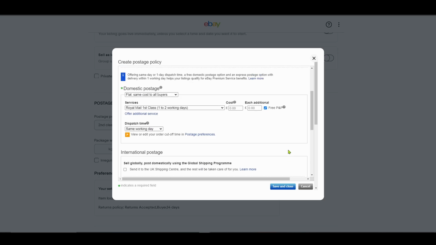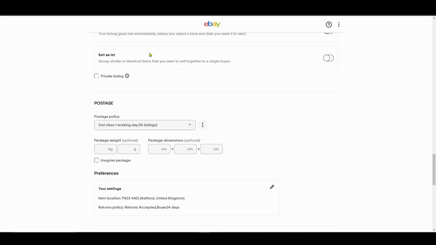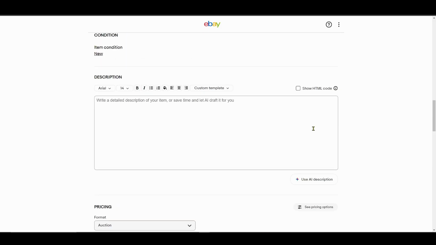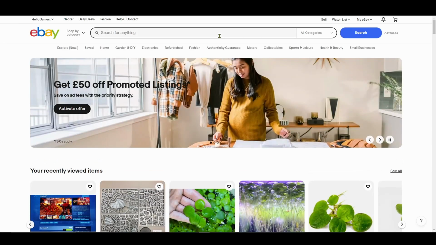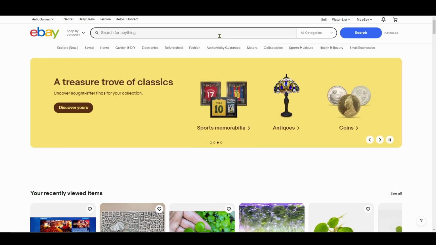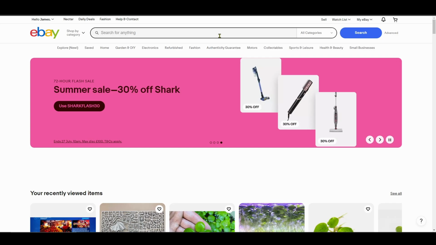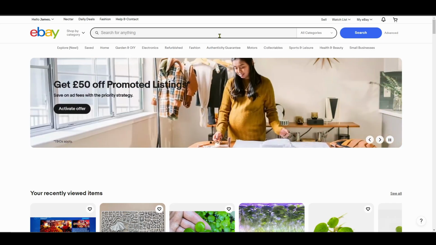The problem that people have been having recently is that they don't get this option. So we're going to cancel that. To resolve that, you actually need to go back out into eBay. The problem people have been having is that, particularly on personal accounts, eBay demands to know how heavy the package is and how big it is. I think it's a United States thing, but they're part of a discounted eBay shipping program.